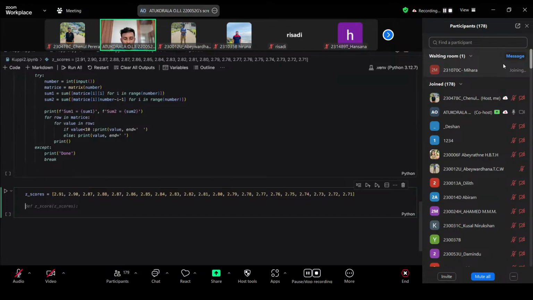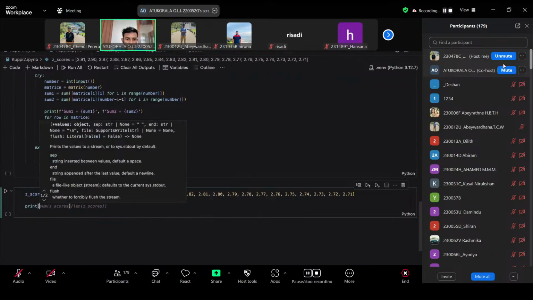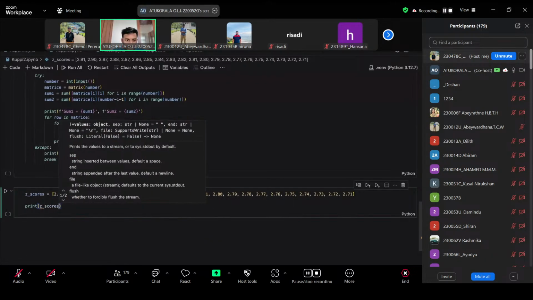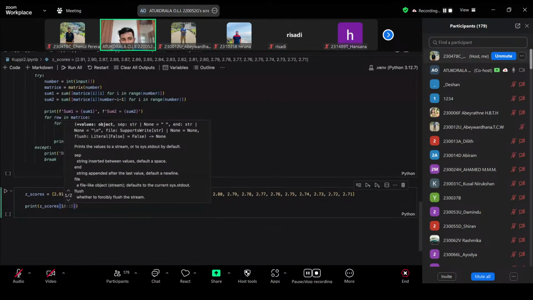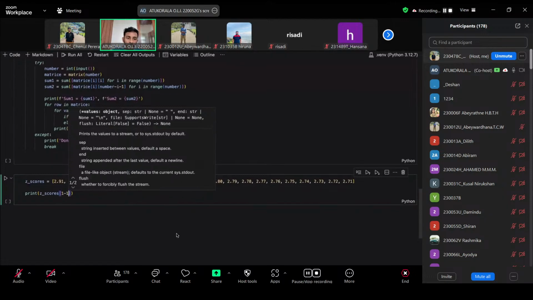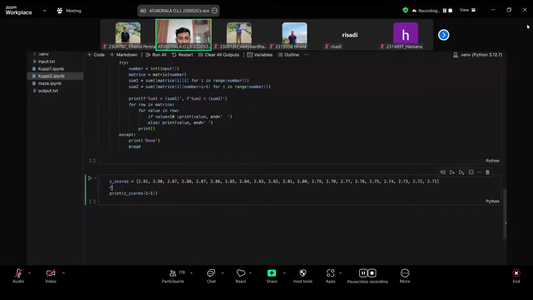We just have to print Z scores, and we know the island rank. Let's think the island rank is 1. We just have to subtract 1 because, as you know, the list is 0 indexed. So with rank minus 1, we can print the Z score.